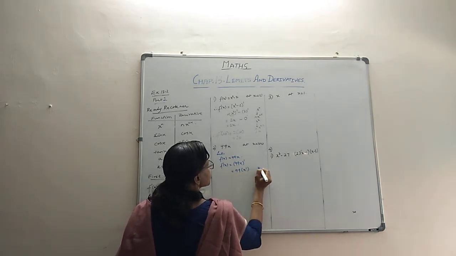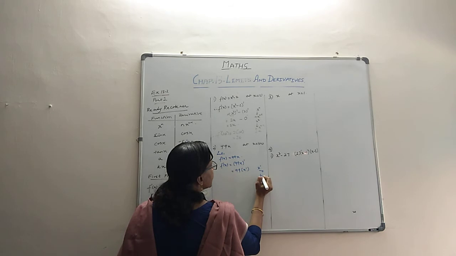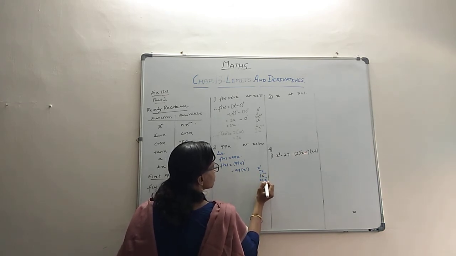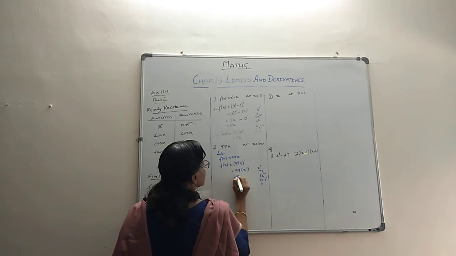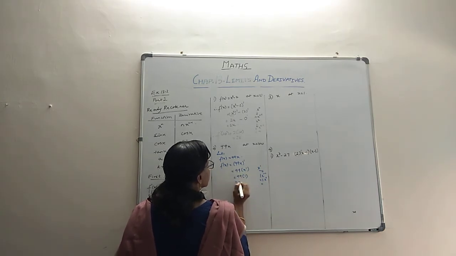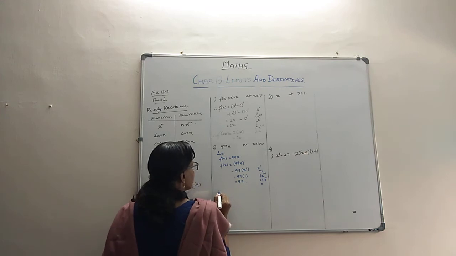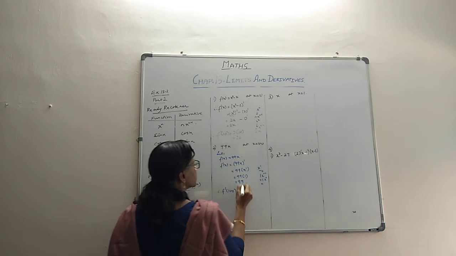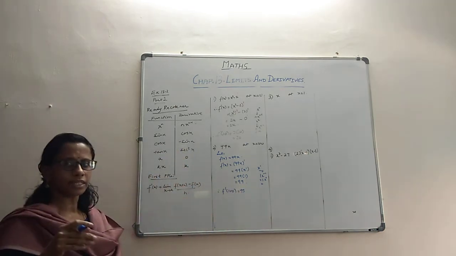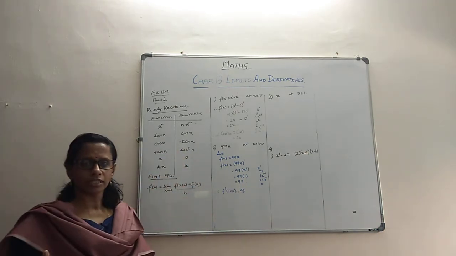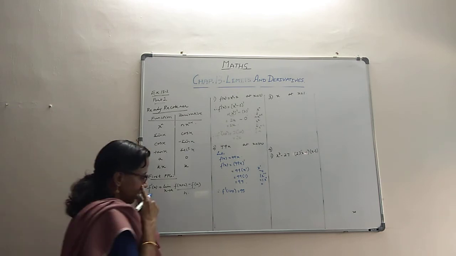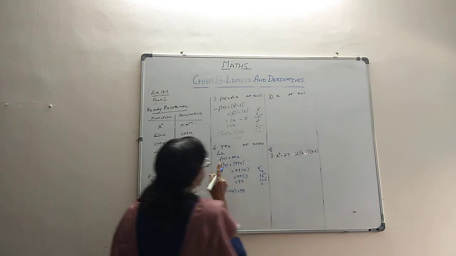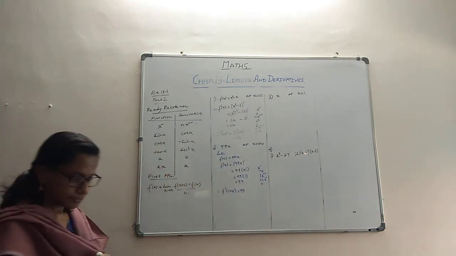X means it's x raised to 1. So what will be the derivative? n x raised to n minus 1. So 1 into x raised to 0 actually. That's 1 only. So the derivative will come only to 1. Final answer 99. So no matter whatever be the value, the answer is going to be 99 because there is no x there. Only when x is there, there is a chance of substituting x. When there is nothing, you just write it directly, and then we come to the next question.